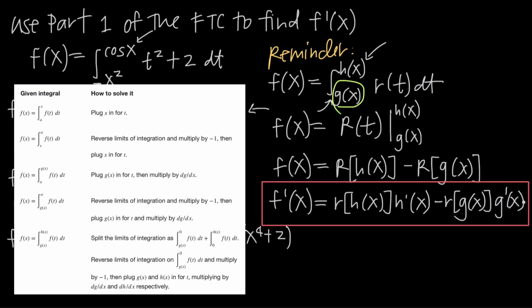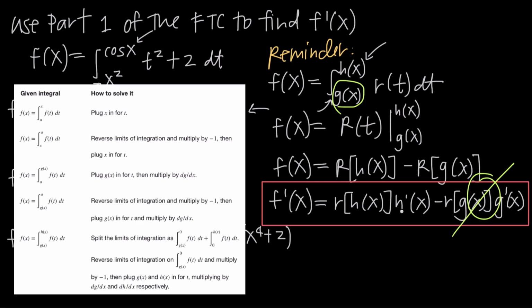So if g prime of x is 0, then we're going to multiply r of g of x by 0. This whole second term right here is going to net to 0, and you're just going to be left with r of h of x times h prime of x. And of course, if we look at our table and the upper limit of integration is x, in other words, if h of x is equal to x, then the derivative of h of x, h prime of x right here, is the derivative of x. Well, the derivative of x is 1, so this value right here, h prime of x, becomes 1, and